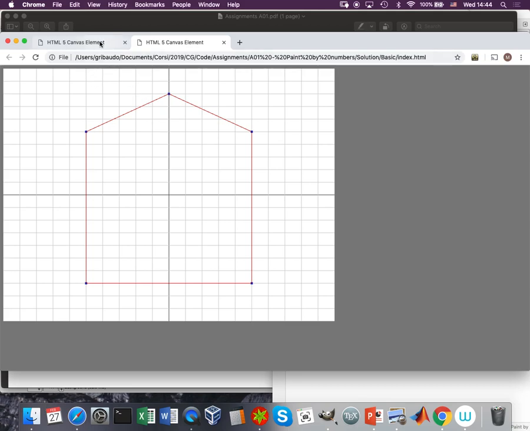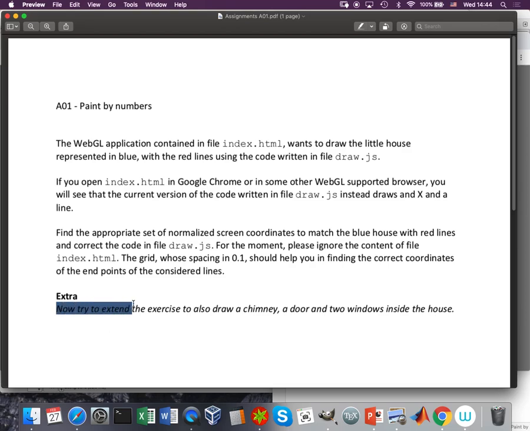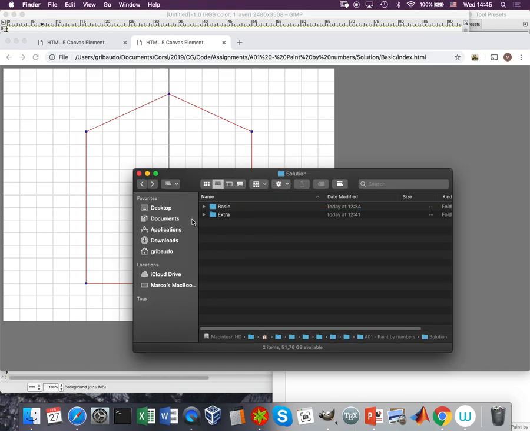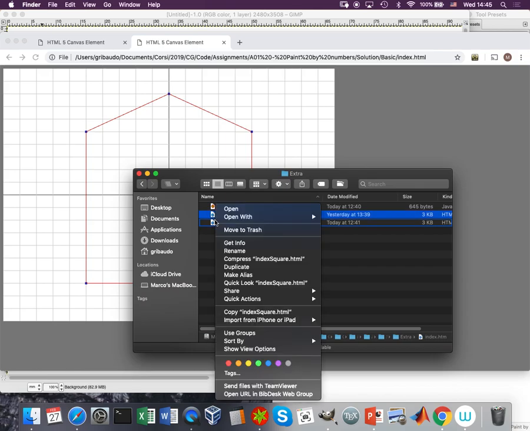Okay, so change the commands to have the small house over there. So instead of having just the 3 lines over here, randomly pasted on the screen, find the right coordinates to draw the house. Since this is very simple, there is also one advanced task that asks you to extend the exercise to not only draw the house, but also a chimney, a door, and 2 windows inside the house. The first part of the assignment is mandatory. If you want, you can also try the second part, and if you try the second part, you should have something like